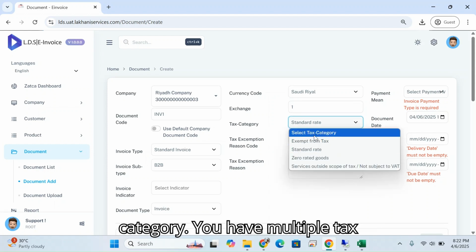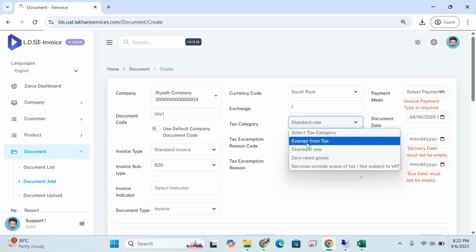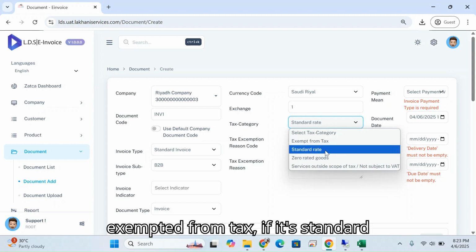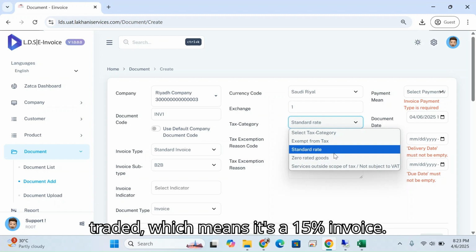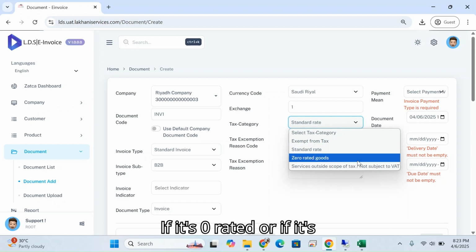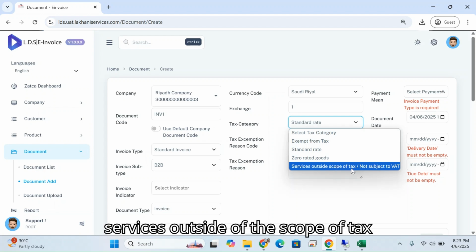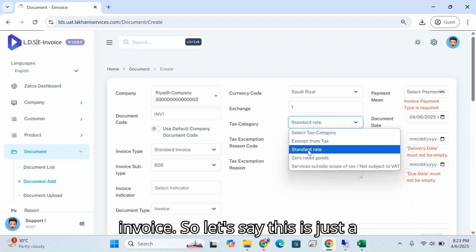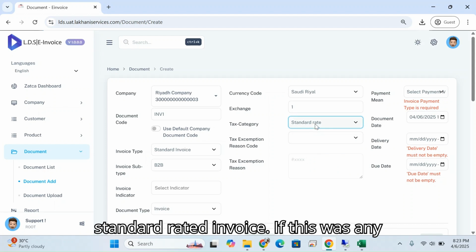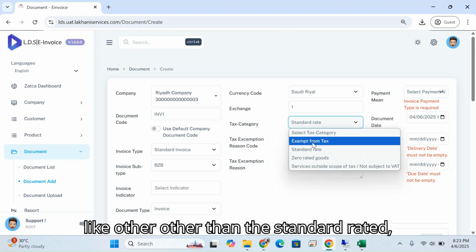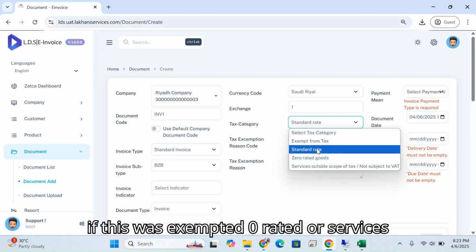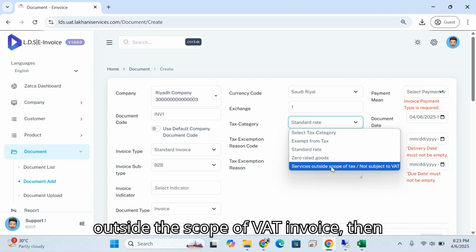Tax category, you have multiple tax categories available here. If it's exempted from tax, if it's standard rated, which means it's a 15% invoice, if it's zero rated, or if it's services outside of the scope of tax invoice. So let's say this is just a standard rated invoice. If this was any other than the standard rated, if this was exempted, zero rated, or services outside the